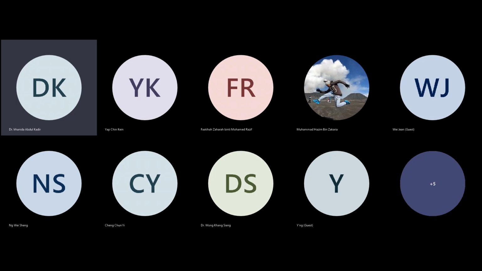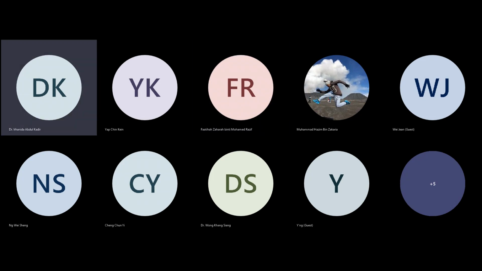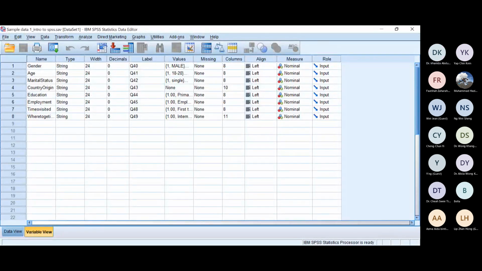Oh, then, your screen, Doctor, cannot see my screen. Wait, yeah. Because I keep changing from my slides to SPSS. Now I understand the challenge of having this kind of workshop online. Next time it needs to be online streaming instead. Okay, this is the SPSS view for the variable view. So how many variables do we have here?